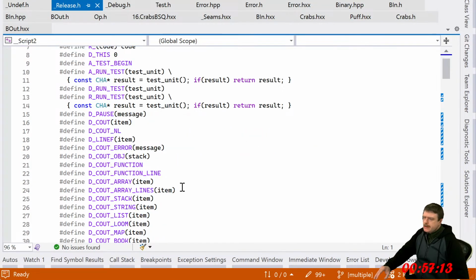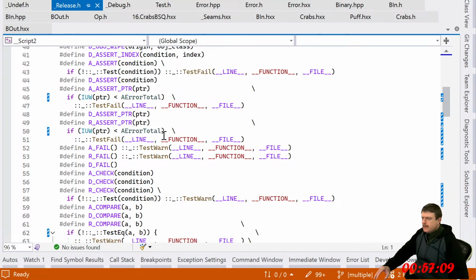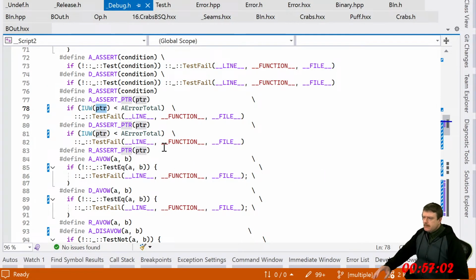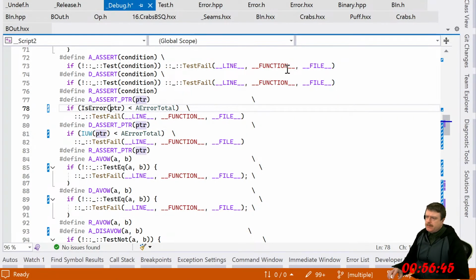So release, this is what happens when you're in release mode. And then in debug mode, you get a different set of macros. And so this is what I'm looking at right now. This putter function. It's supposed to be is error. Assert.